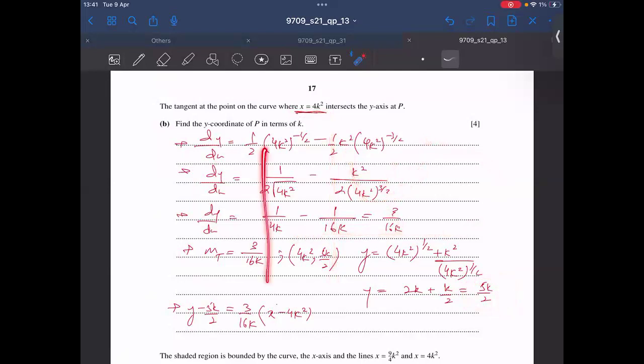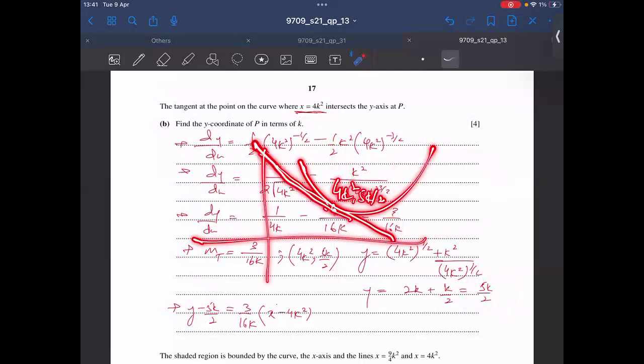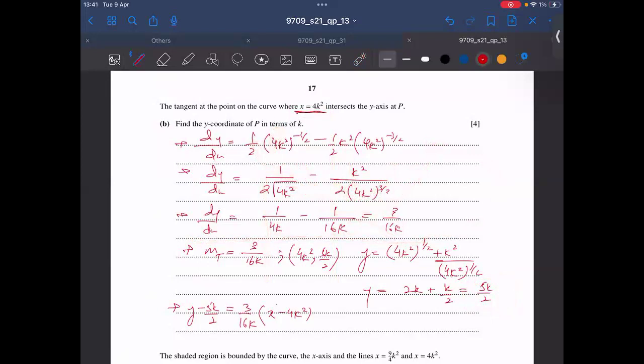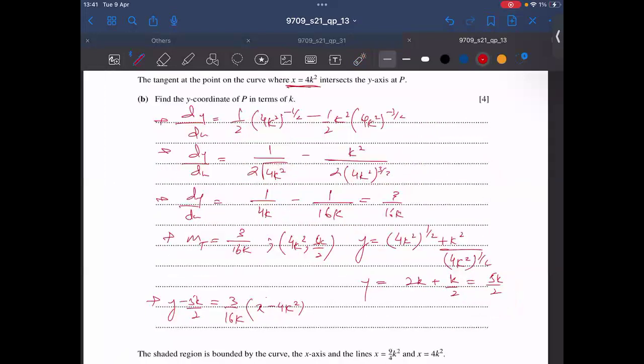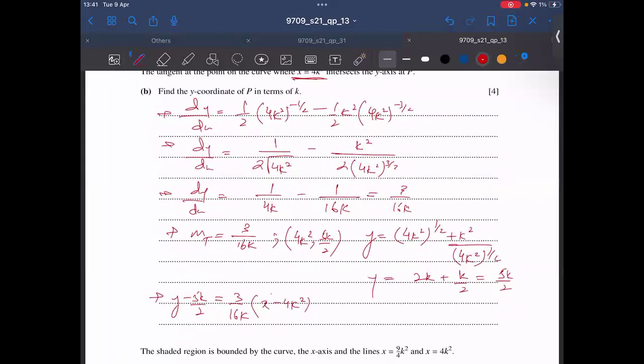All right. Let's suppose ये curve है आपका, ये एक point है. इधर आपका x coordinate 4k square है, y coordinate 5k over 2 है. इस पे आपने tangent draw करी. अब ये tangent जहां आपका y axis को intersect कर रही है, वो point P है. उसका y coordinate निकालना है. उसके लिए पहले आप tangent की equation निकालेंगे. समझ आई बात? सही है सर